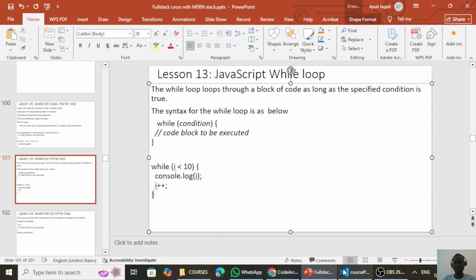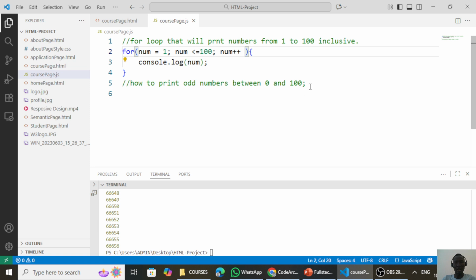So I'm going to turn over to my Visual Studio, and right now I'm going below the for loop. I'm now going to create a while loop that will print out the numbers from 1 to 100. So to be able to do that, I'm going to write a while loop down here. How do we write a while loop? So we use the keyword while,